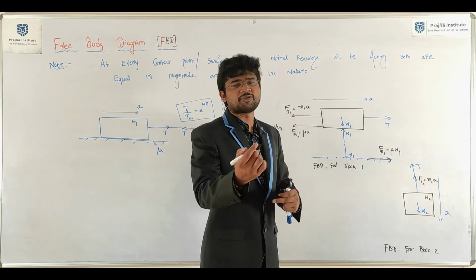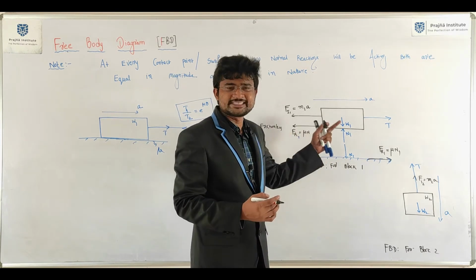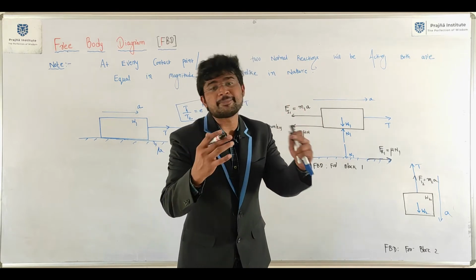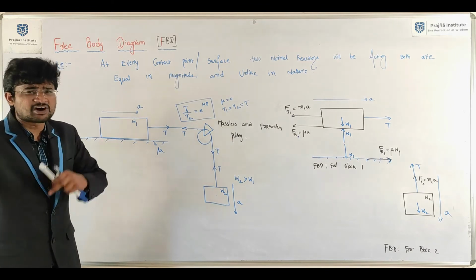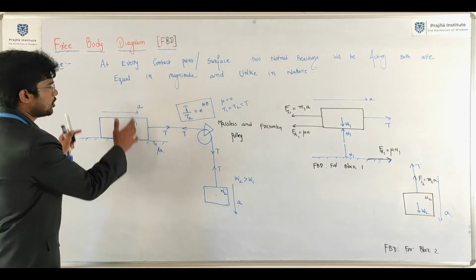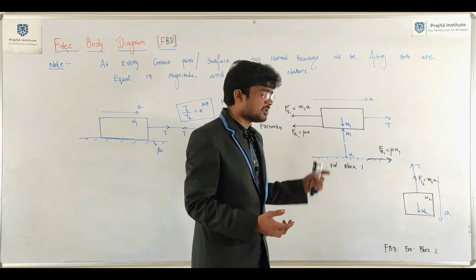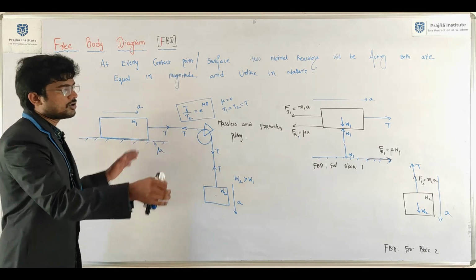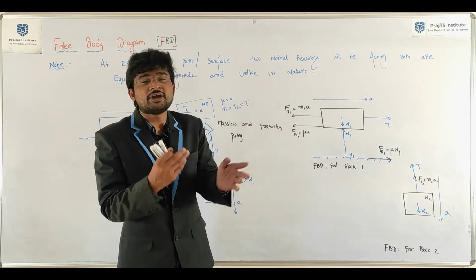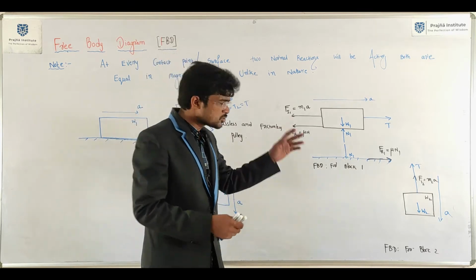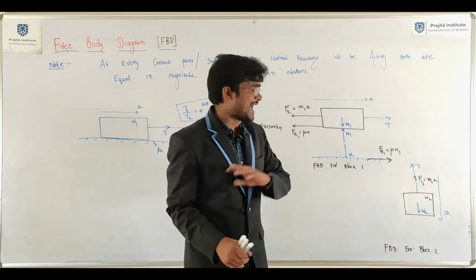Once you have the free body diagram in your hand, you can happily apply equilibrium equations, that is sigma H equal to 0, sigma V equal to 0 and sigma M equal to 0. Then you can calculate the unknowns. That is kinetics of rigid bodies. First become an expert in drawing free body diagrams, then apply kinetics and dynamics. It is very simple. The free body diagram is the tool. We can draw all free body diagrams based on 5 statements. For the time being, you may not be habituated to using these 5 statements, but slowly you will improve, no issue.